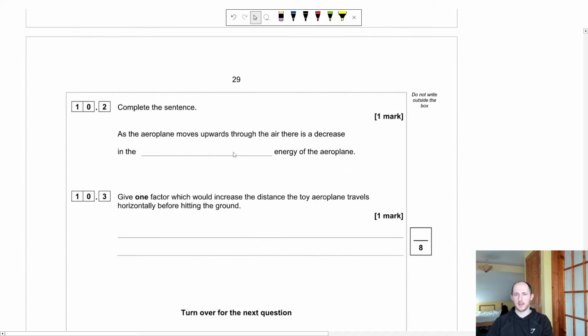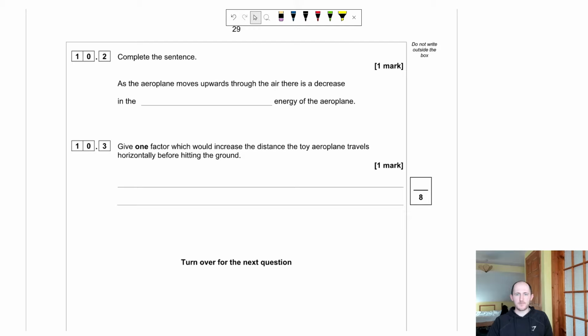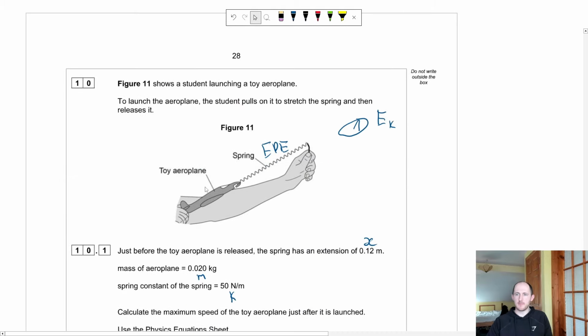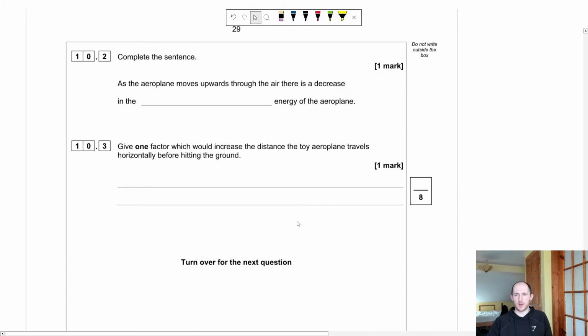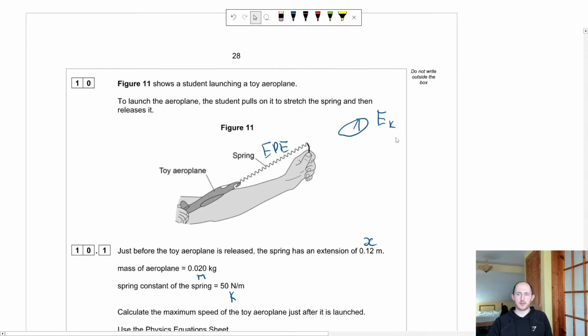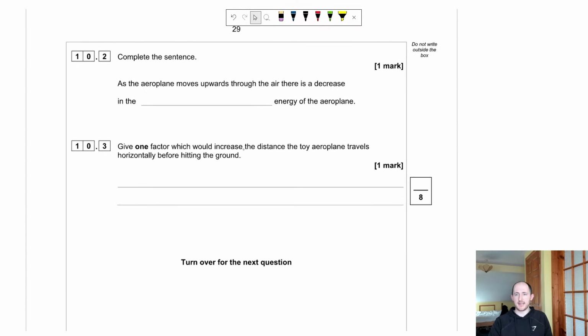Nice. Complete the sentence. As the aeroplane moves upwards through the air, there is a decrease in the blank energy of the aeroplane, where as it moves upwards, this EPE is going down. However, it's talking about after it's in the air, so my apologies. Well, as it goes through the air, it's going to start slowing down, isn't it? So that means the kinetic energy